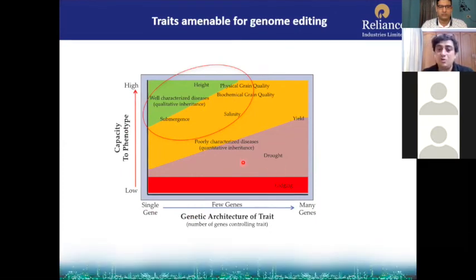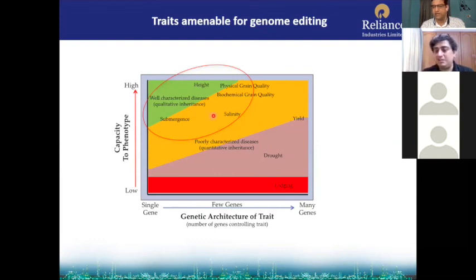Why? For complex traits and poorly characterized traits, CRISPR-Cas9 cannot be used. Trial and error breeding integration can be done and checked, but you need to understand the biology greatly, you need to understand the pathways greatly, and you need to understand gene-to-gene relations greatly to find out which gene to change and which gene to modify.